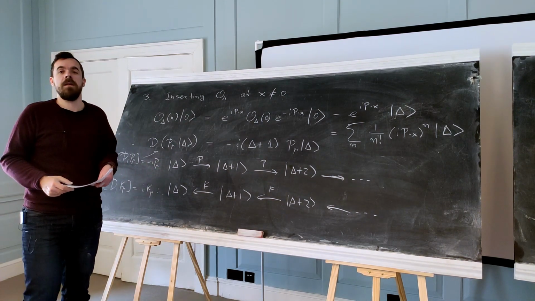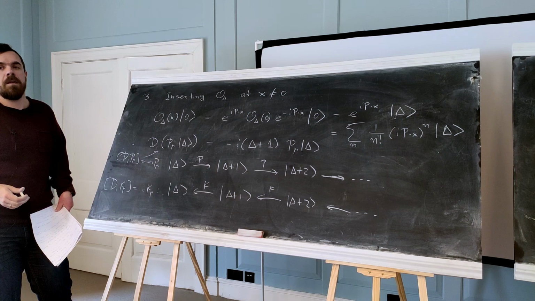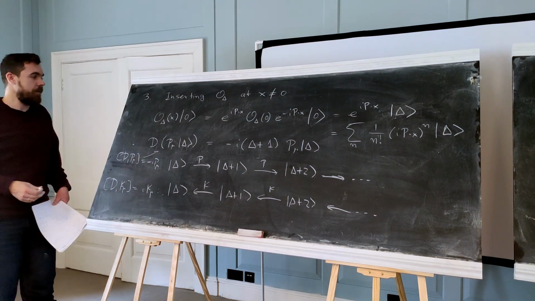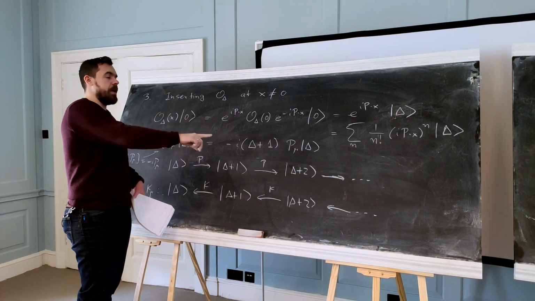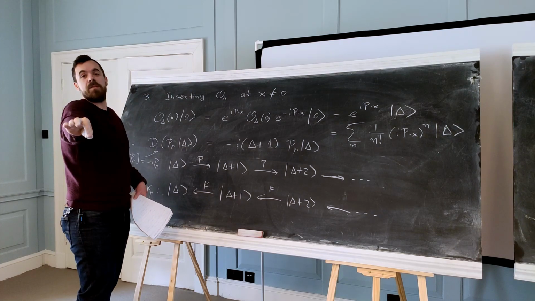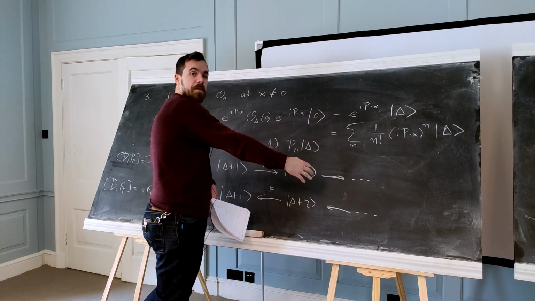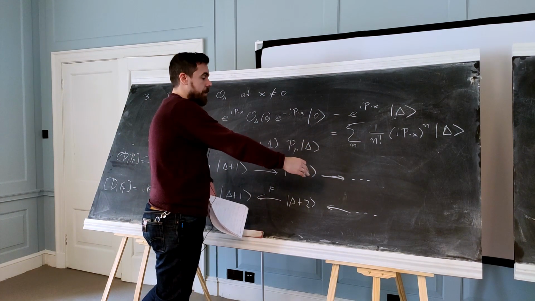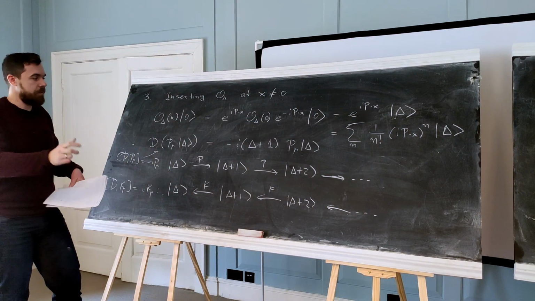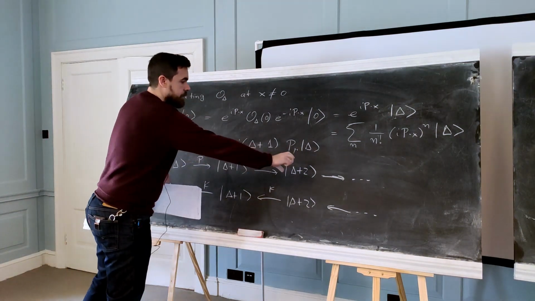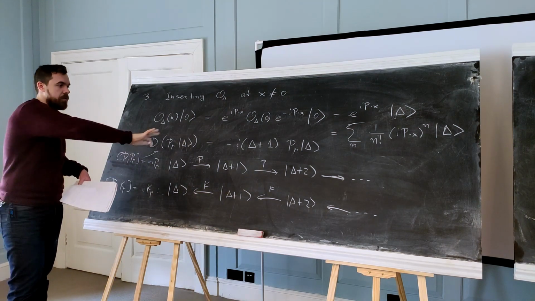Yes. So is there also an upper cutoff, and after a while you can't act with P and get states? No, there is no upper cutoff. But remember we said that there could be operators that are both primaries and descendants, but then you have to set them to 0. That might happen, and in that case this will stop after a finite number of steps, and only in that case will it stop. Otherwise, it can keep going on forever. But if you hit one of these cases where the quantum numbers are such that this is both a primary and a descendant, then you have to set it to 0, and then the whole procedure truncates at that point.